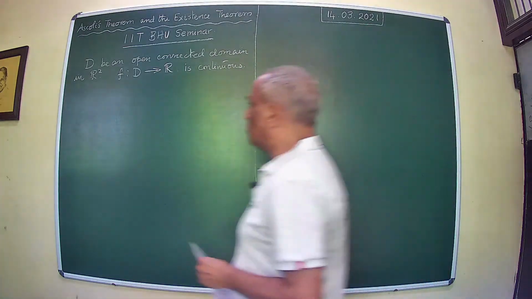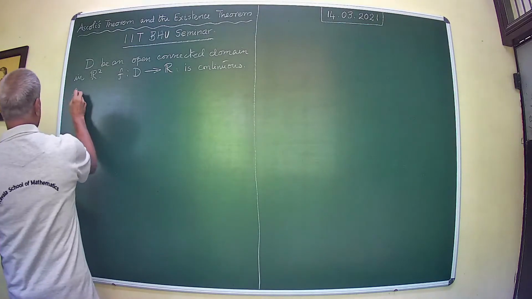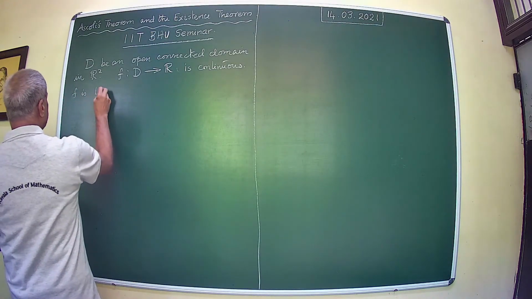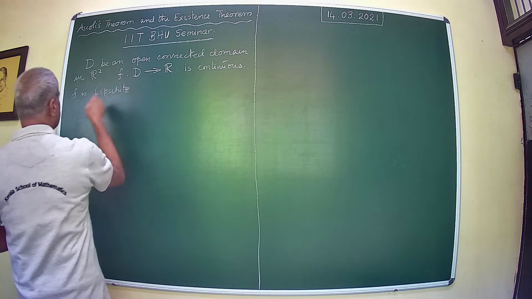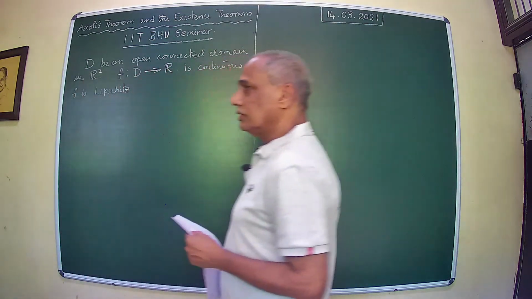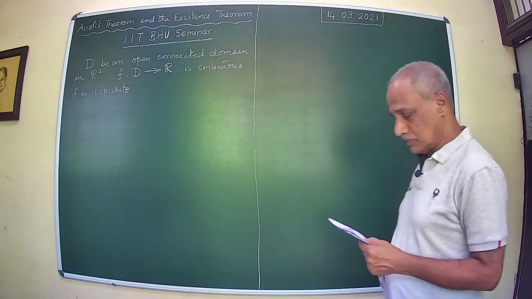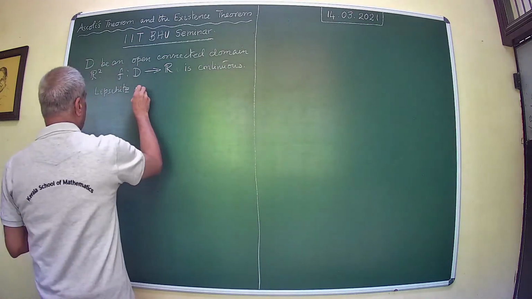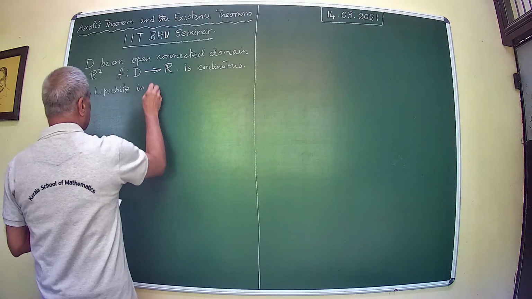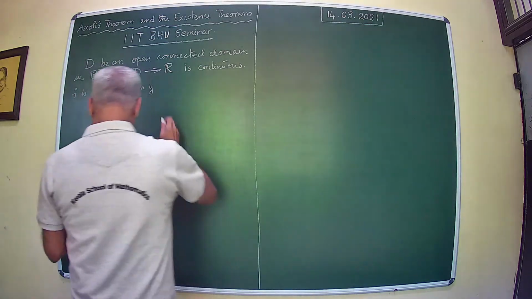We also assume f is Lipschitz. This condition we are going to take out when we take up the problem. Lipschitz in y on D,